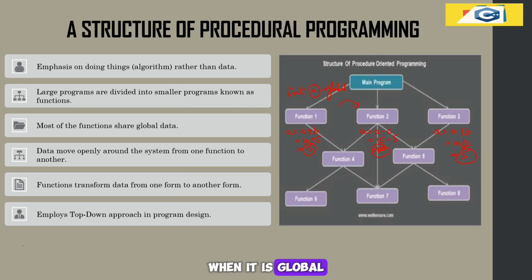So when global data is shared by all the functions of a program, the integrity of data is not maintained. The value of the data gets transformed because the global data is moving from one function to another function.